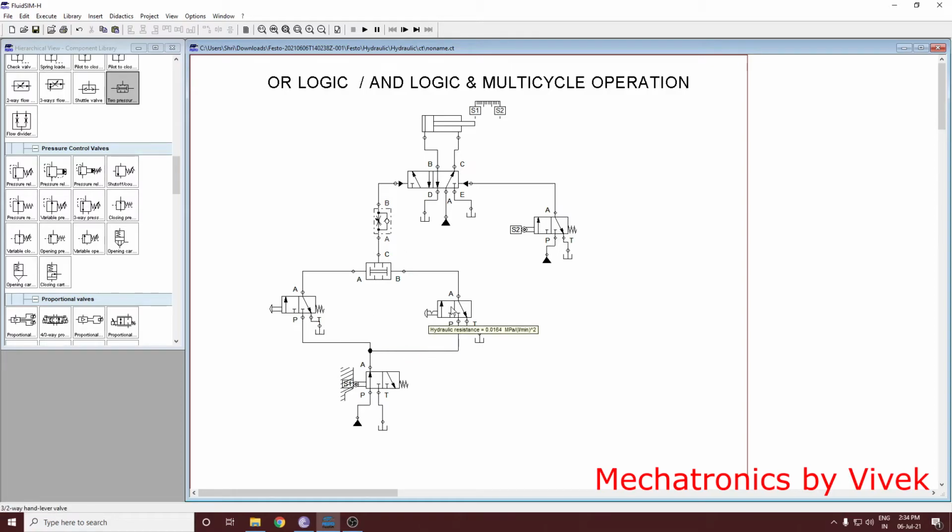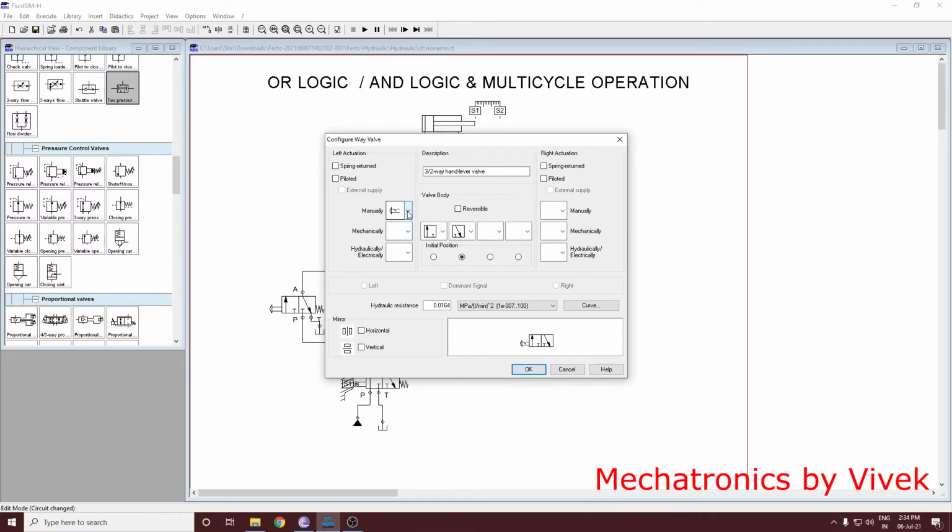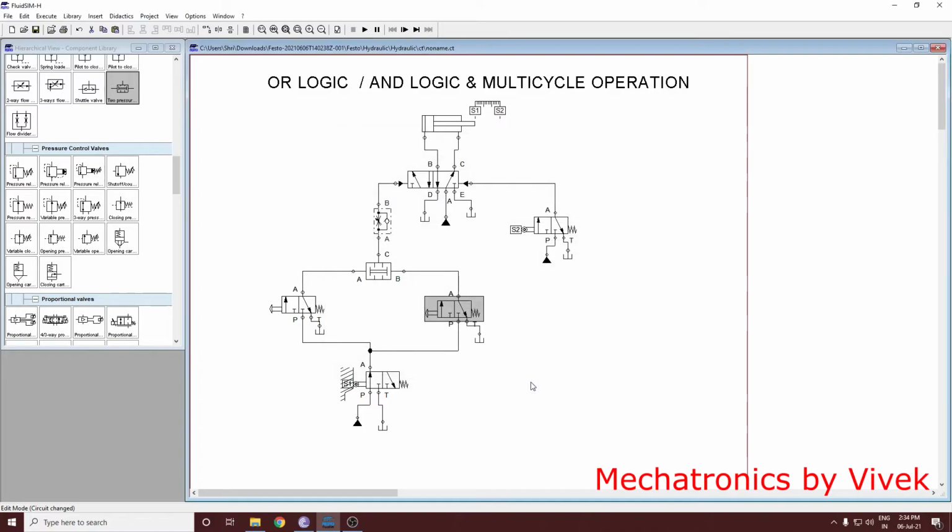Now here again, instead of this detent switch, you need to go for a simple manual switch with spring return, because here we are not trying multi-cycle operation, but we are using AND logic. So what is AND logic actually? Unless you press this switch and this switch, you will not get the beginning of the operation. And for that you have used this dual pressure valve, which enables you the AND operation. So you have to press this switch as well as this switch, then only you will get the expansion of the piston. Okay, so we'll try to simulate that and see if it works.